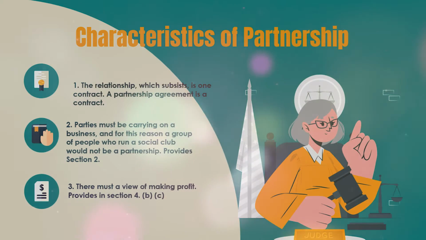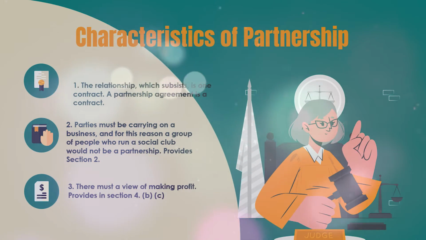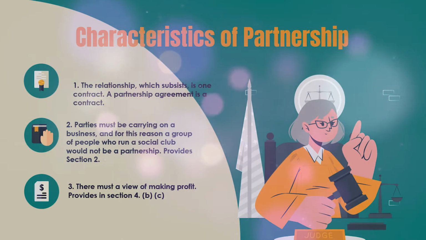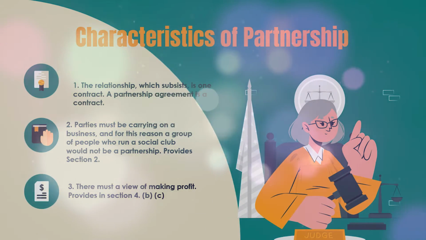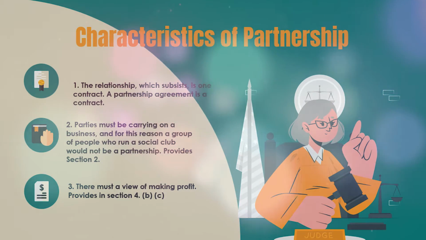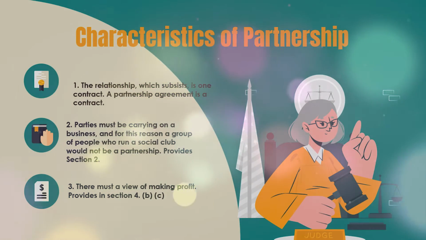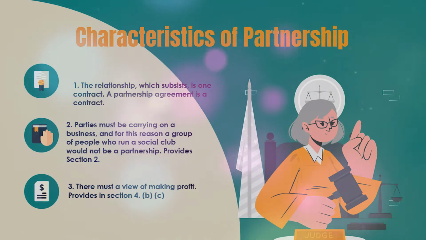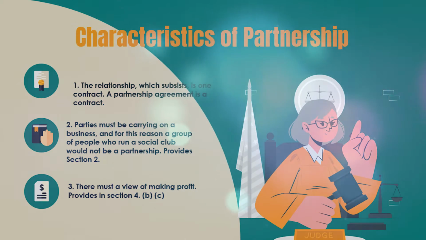Number 2. Parties must be carrying on a business, and for this reason, a group of people who run a social club would not be a partnership. Section 2 of the Partnership Act 1961 defines business as including every trade, occupation, or profession. Thus, the persons must have an agreement to have a business in common,